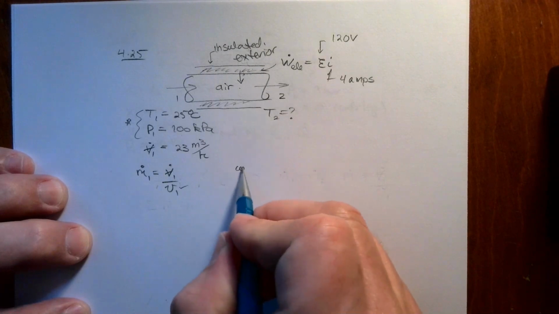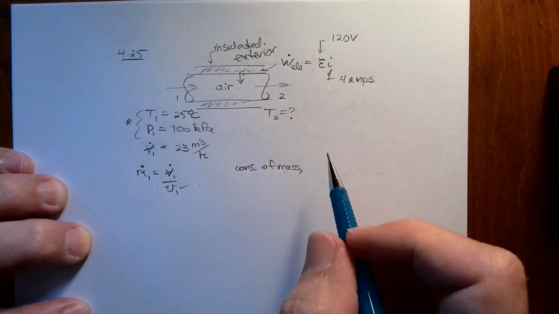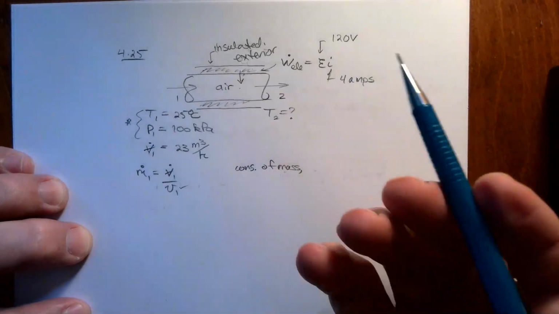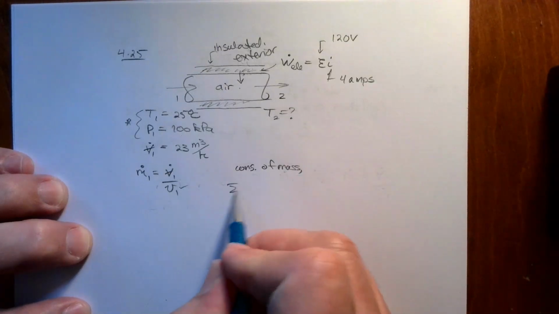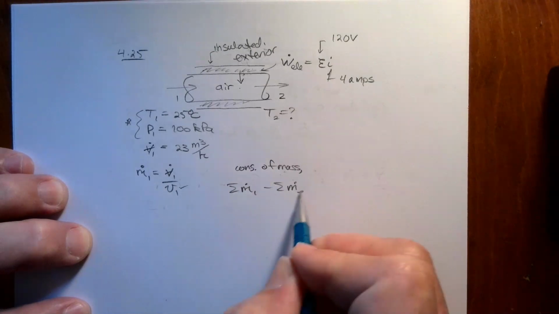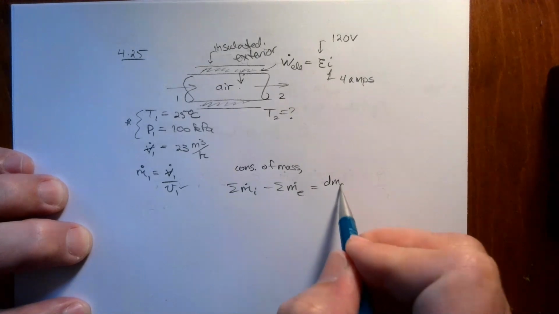Let's do conservation of mass. Pretty simple for a single flow device like this. Ultimately, m dot 1 equals m dot 2. There would be no reason to distinguish 1 from 2. We'll just define an m dot. So I'm going to go ahead and write it out. Summation of m dot in minus summation of m dot exit is equal to 0